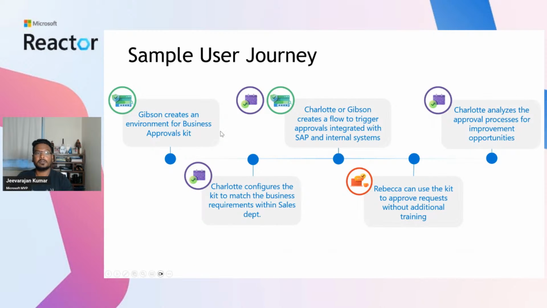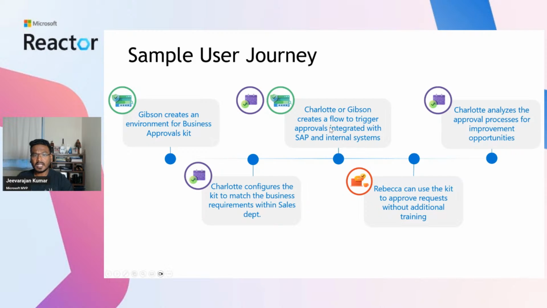And as a part of the sample user journey, as you can see, Gibson basically creates the environment, and he sets up all the business approvals toolkit that's required to create the approval process. And then Charlotte, as a super user who is also comfortable with the business processes, she basically configures the approval and matches the business requirement within the sales department, which in our case we are talking about the